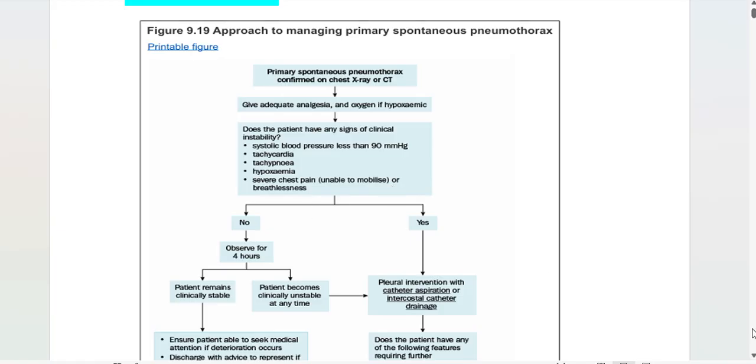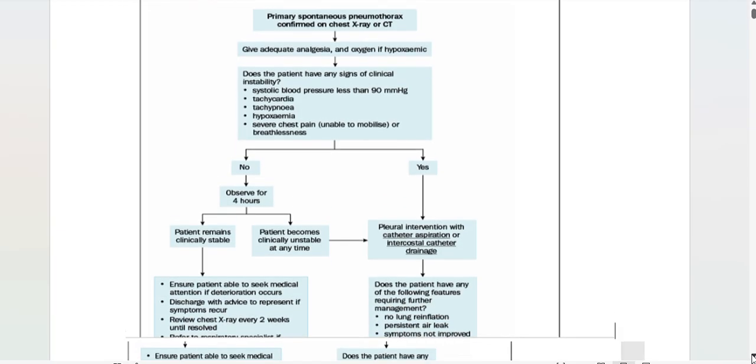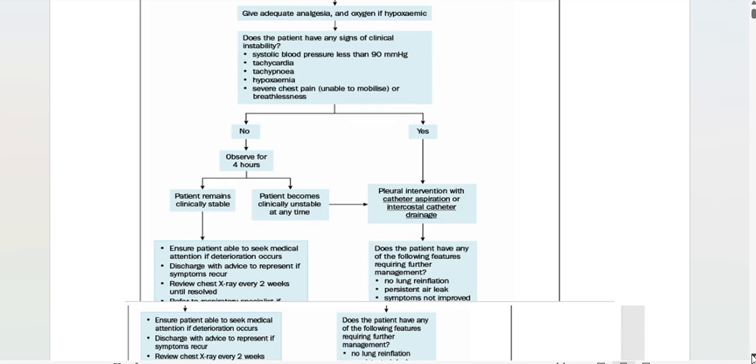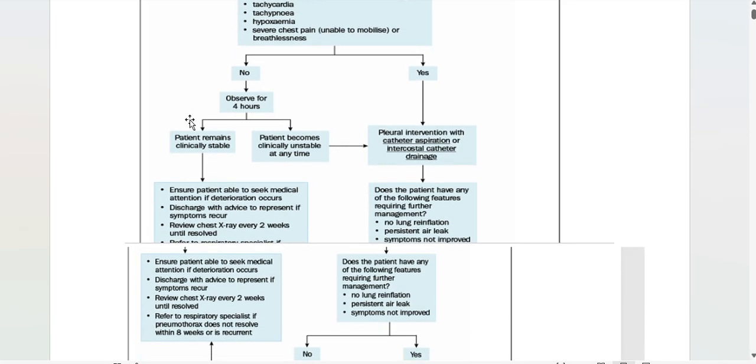If no, then we have to observe for 4 hours. That is very, very important. They have been asking it for the last 6 months. If the patient is clinically stable, then what we are going to do is just observe the patient. Just observe for 4 hours. Then if the patient remains clinically stable, then